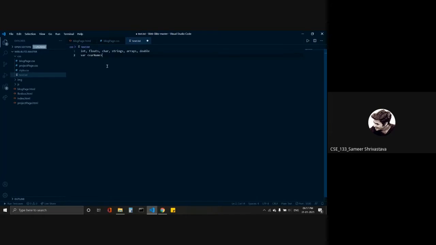So you can define a variable using let, you can use const, you can use var. There are three different ways to define variables, and all three have different meanings. You will get to know when to use which one. But the point is that you can define a variable and assign any other data type.